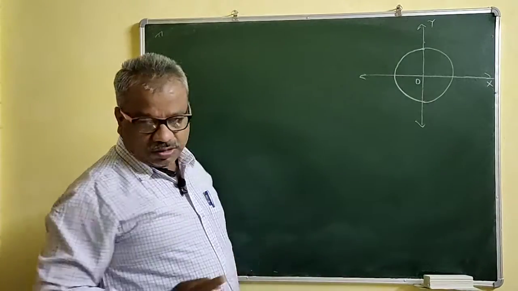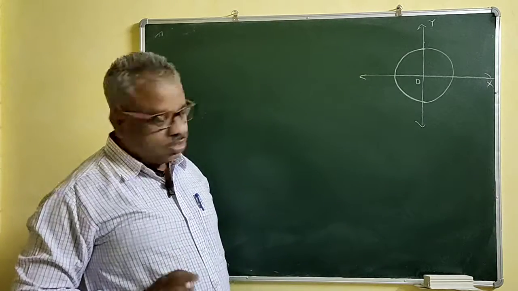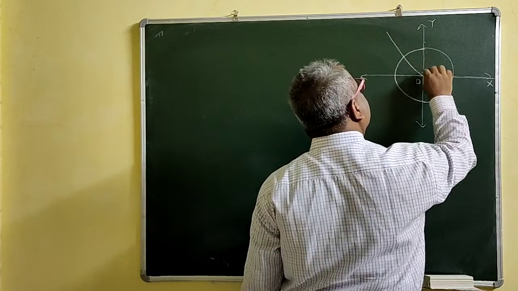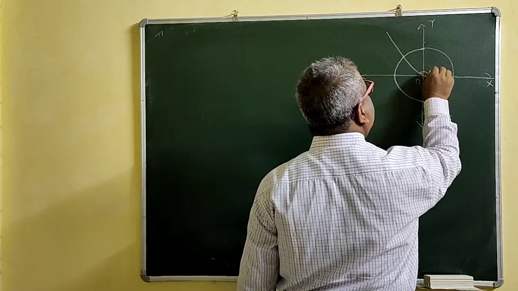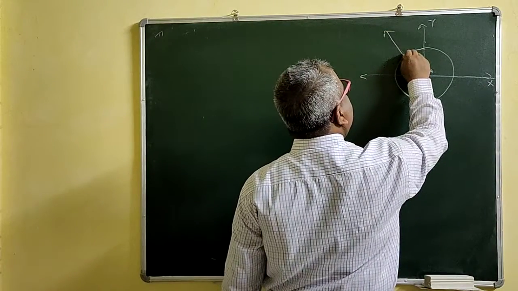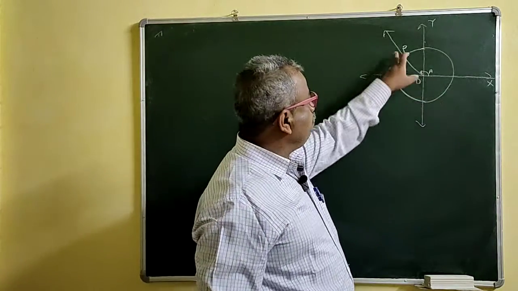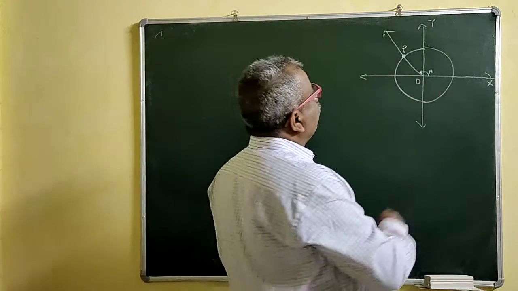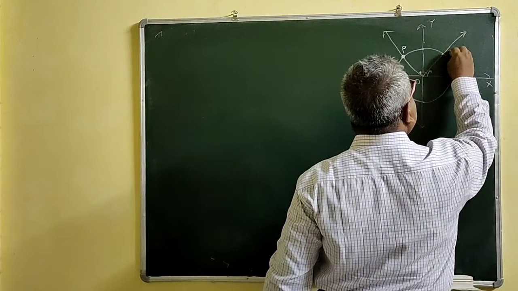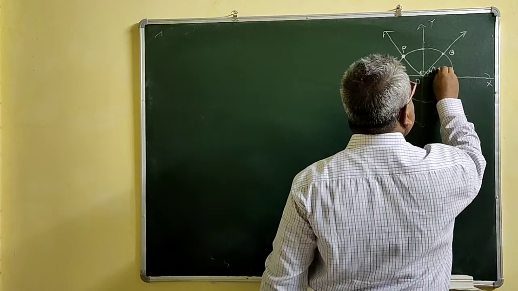So here, A minus B. That means you have to take the angle A and angle B in the standard position. So we'll take this angle. Suppose this angle is now your A. The terminal ray will intersect the unit circle at point P, suppose. That means angle XOP is your A. Now we'll take the angle B here. Suppose this is Q, and this angle is B.